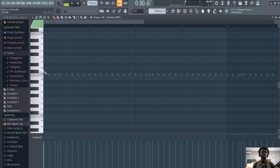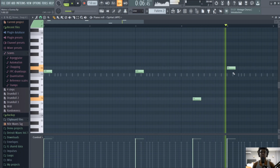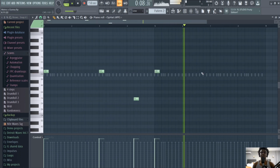So next I'm gonna add an open hi-hat in the beginning. Oh, I need to turn. Okay, so when you try to put your open hi-hat on another key, it doesn't work. Sometimes the time might be shifted. So just press none so that you can get that